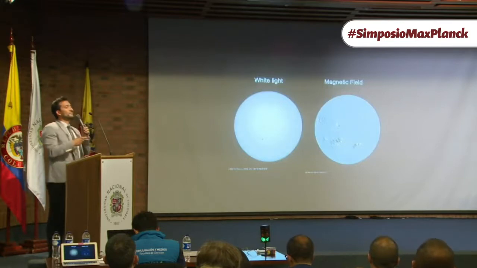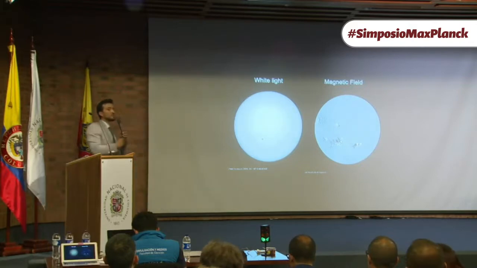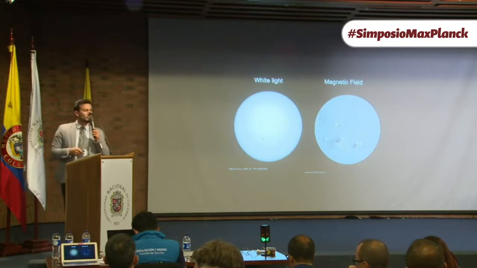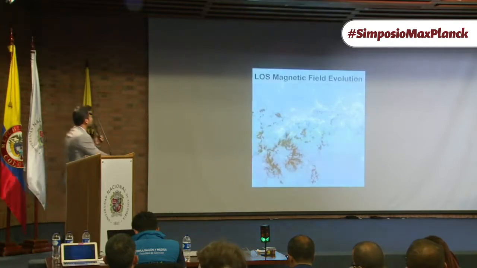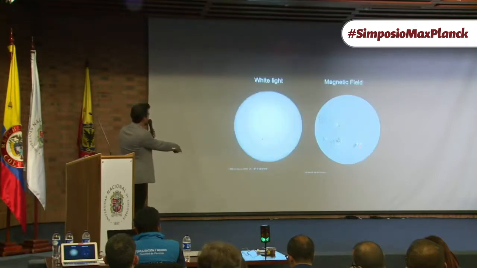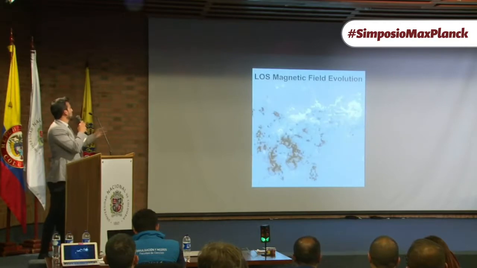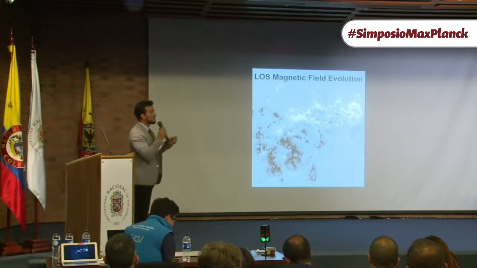But also you have information from the light that can tell you how the magnetic field is behaving on the solar disk. So from these white light images, if you study the polarization of the light, you can get to these magnetic field images, which are called magnetograms. And if you go to this tiny area here, sorry, I go back, this very tiny area here, which is an active region, you can see how it changes, and actually the sun changes every 10 seconds.